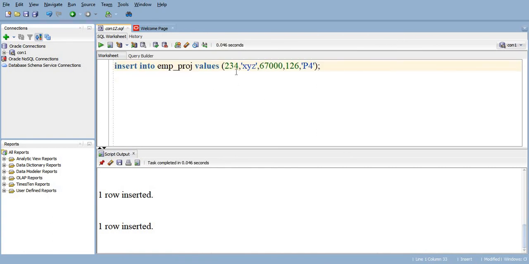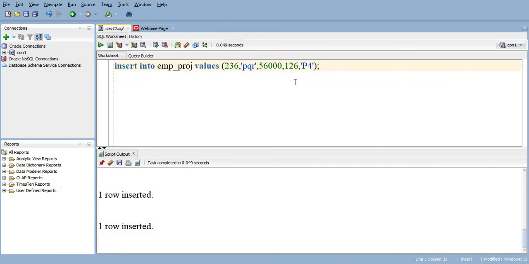That is inserted, and then there is another employee who is 2, 3, 5. There is another employee. His name and the salary are the same.